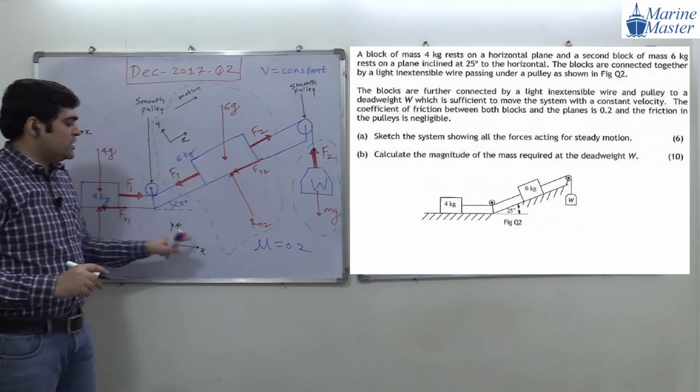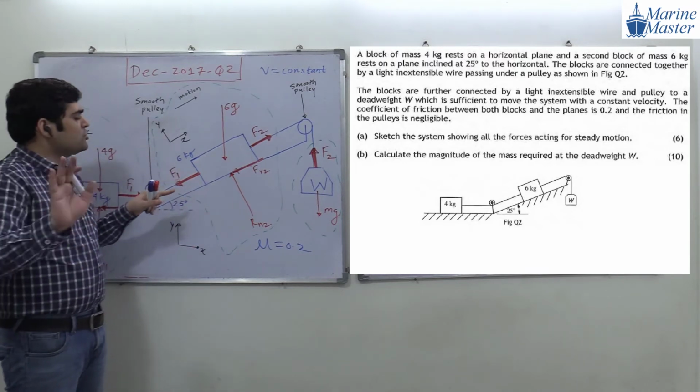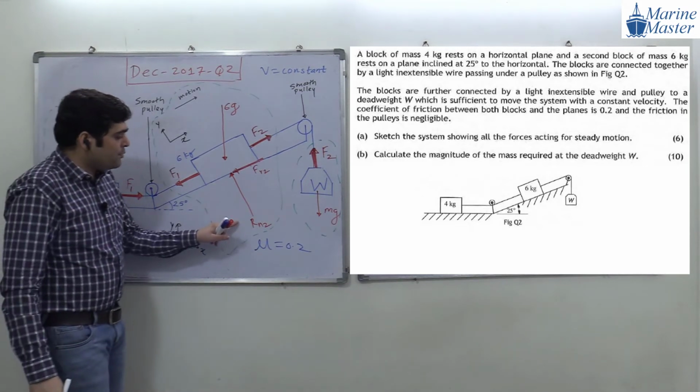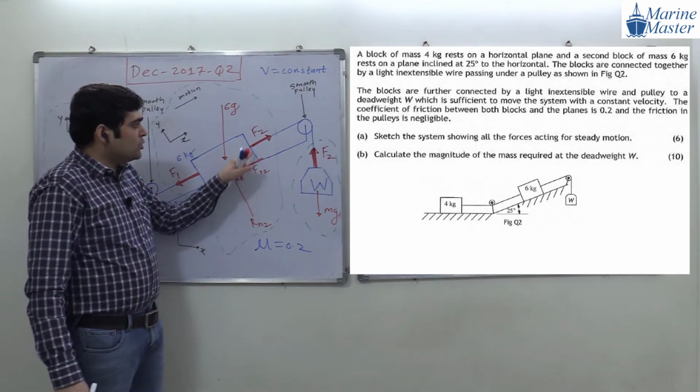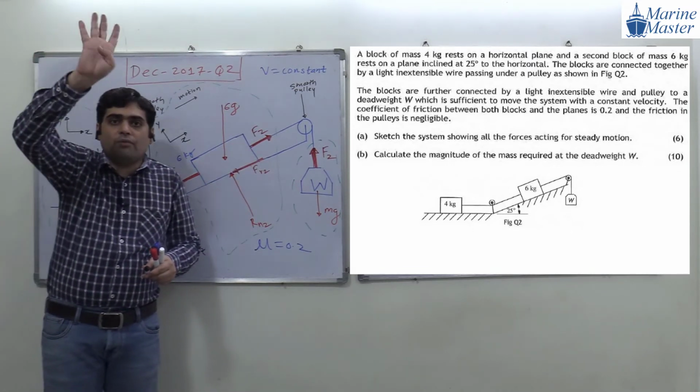Just assume x horizontal, y vertical, just assume that, okay? For 1 minute, just assume. If you consider x and y direction, then what will we do? We have to take the components of Rn2, Fr2, F2, F1. Means we have to take the components of 4 forces.